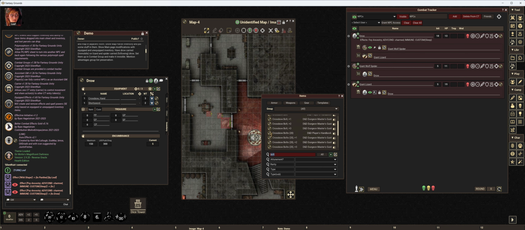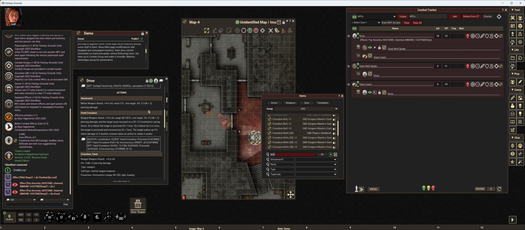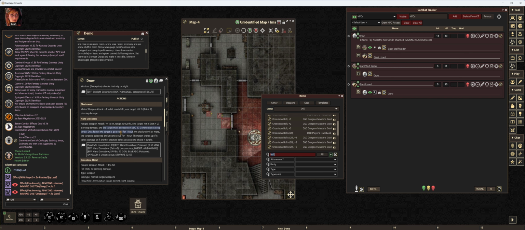It's up to you what you have. I don't really know what they fire, but I'm going to say it's a bolt because it says crossbow. So he's got 20 bolts. And you can just keep track. How you keep track of these in an NPC is up to you. I don't really care. But when I go down here and look at what we've got, we have those things